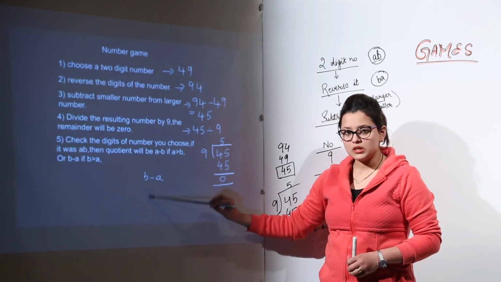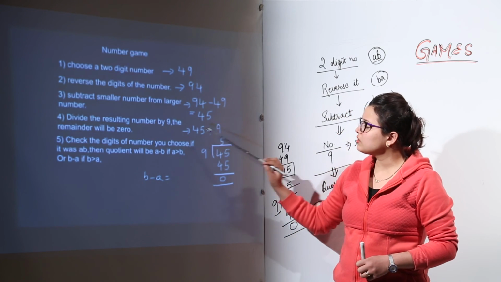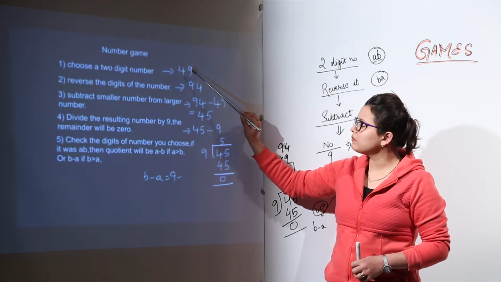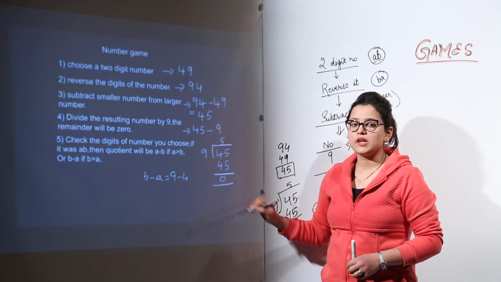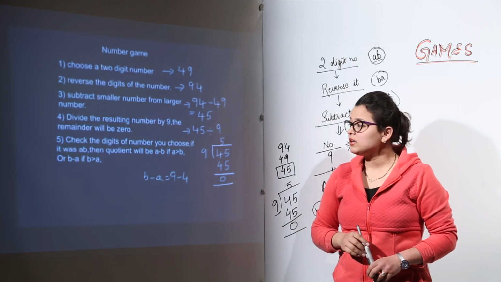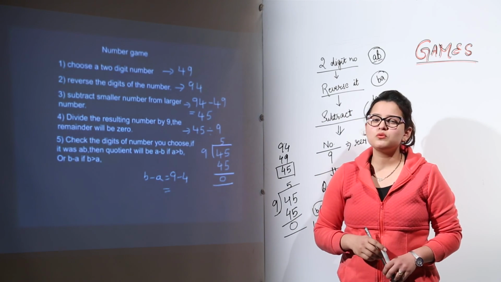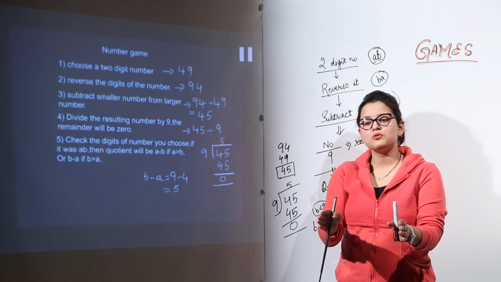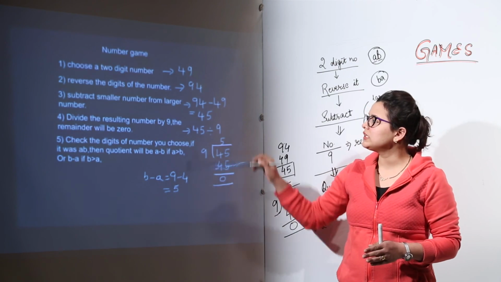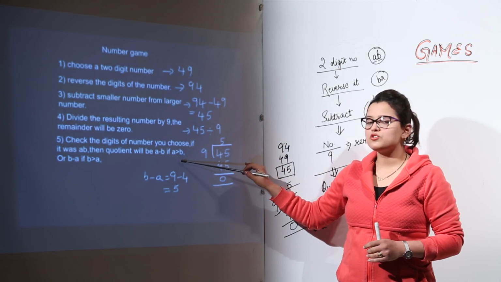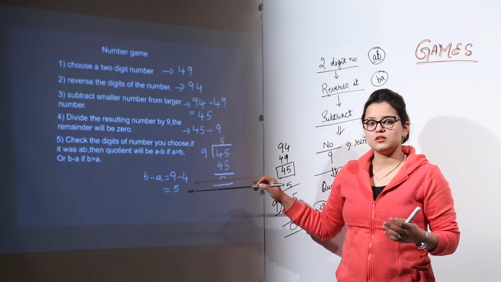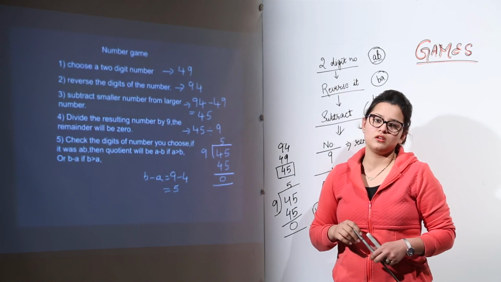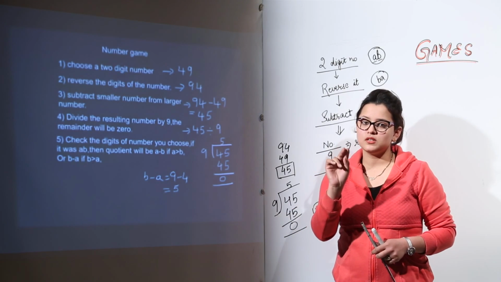Here I am showing you in the last step how you can check your number in your fifth step, that is B minus A, that gave you 9 minus 4 equal to 5. So that can be checked again, right? You might or might not do that, because that is the internal part of the game. For the person whom you are instructing, you are only going to tell the same steps, and you can ask the person to check your answer. You can directly predict that whatever the 2 numbers that you have taken, your quotient is going to be the difference of those